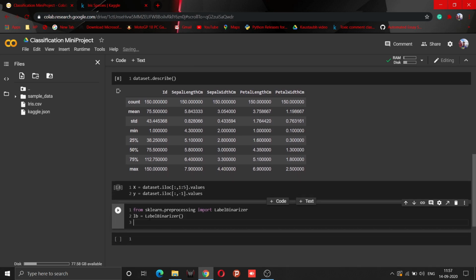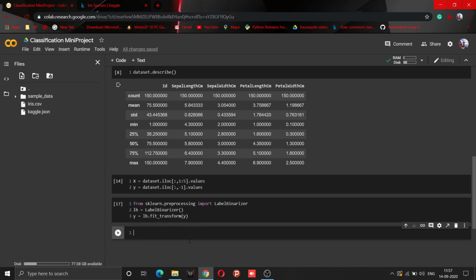Here our variable is y, so y equal to lb.fit_transform, and we need to pass which column we want to convert. In y we had only one column, so let's pass y. Now run this part.